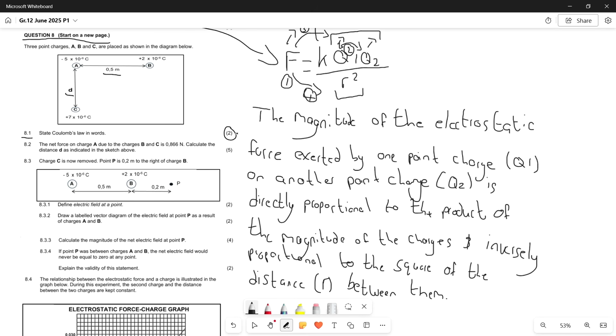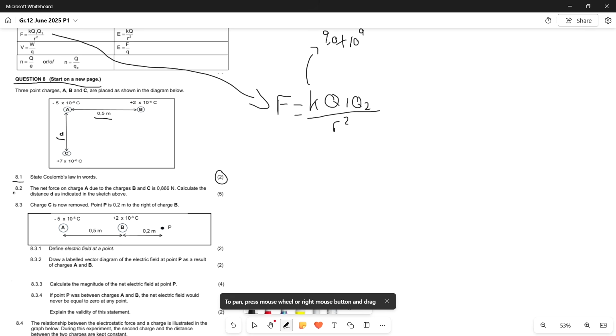So that just earned us 2 marks over there, and is telling us that we are going to use this formula in the next question. So then 8.2 says the net force on charge A over here due to the charges B and C is 0.866 newtons. Calculate the distance D as indicated in the sketch above. So we need to make this statement true, and over here they said the net force, which is very important,